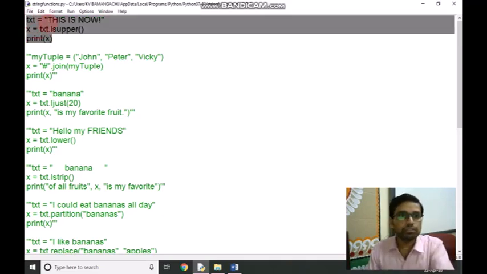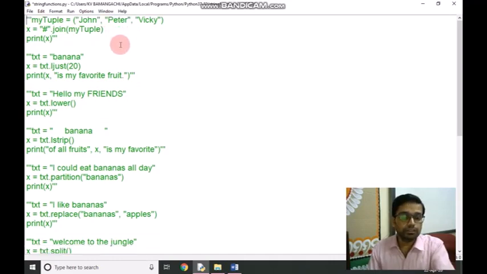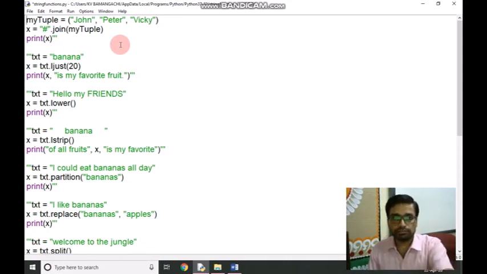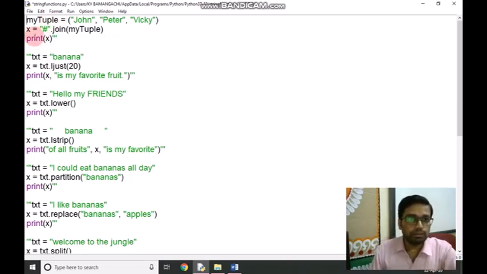Next is join. The join function joins the elements of an iterable to the end of the string. Here we have given a tuple, my tuple, and the elements of the tuple are John, Peter and Vicky, and we have called the function hash sign dot join my tuple. Now what will it print?